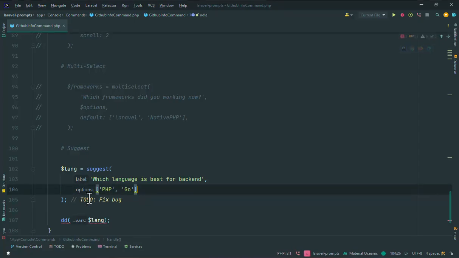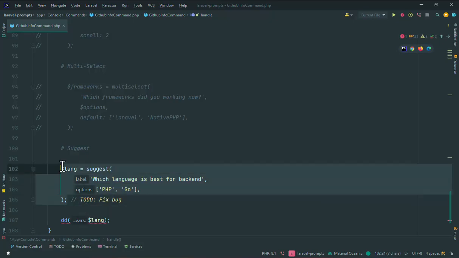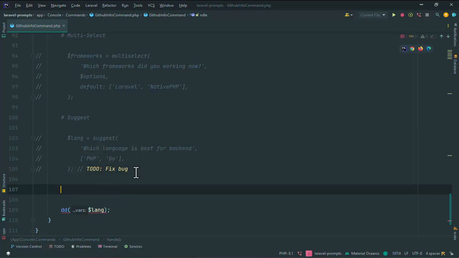So it's about the suggest. If you want, for example, to ask a question and add some suggestions, you can use the suggest function. So I can comment here, and the next section is